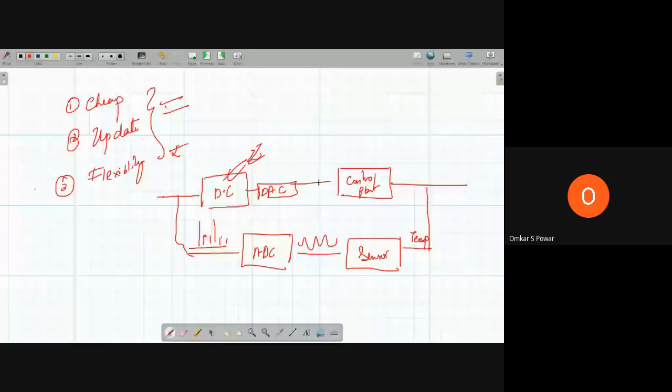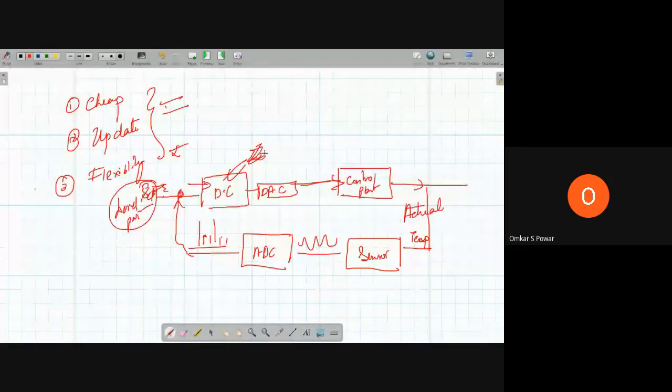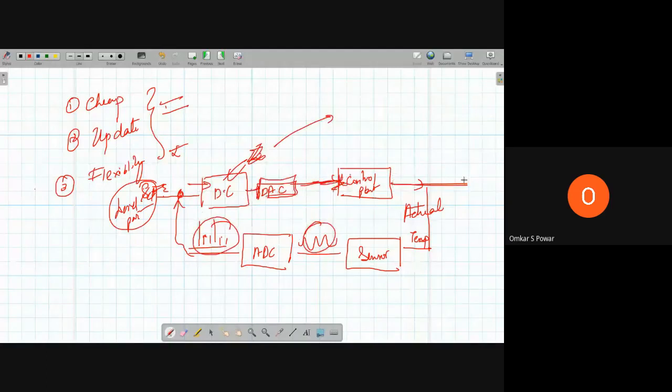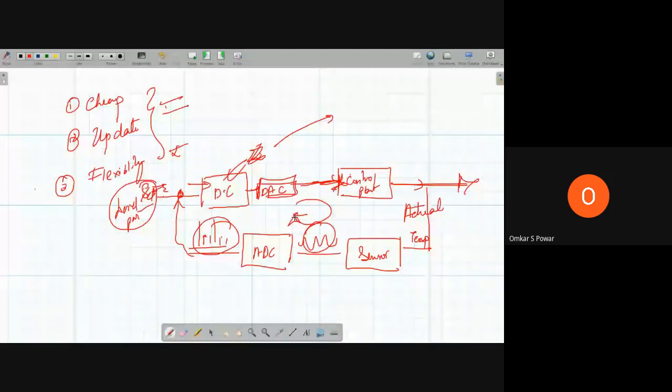So this is like a loop. Okay, so here is your desired set point of temperature, and here is the actual temperature. If you want a desired temperature, you set it here, and then you give it to this Z transform algorithm. This will adjust your signals so that the output of the DAC will control this temperature, and you'll get your final required temperature. So it is just like a feedback system. Don't worry about this one. This feedback system, everything you'll learn again properly in control system.